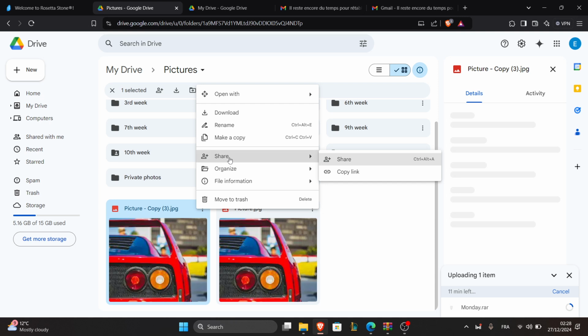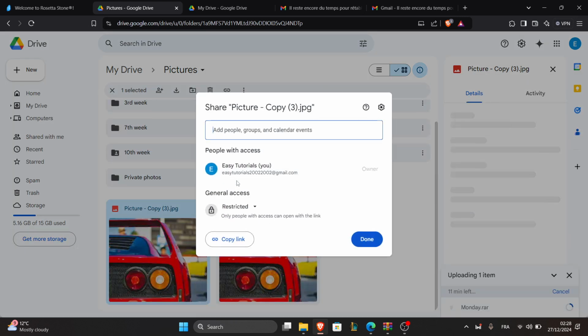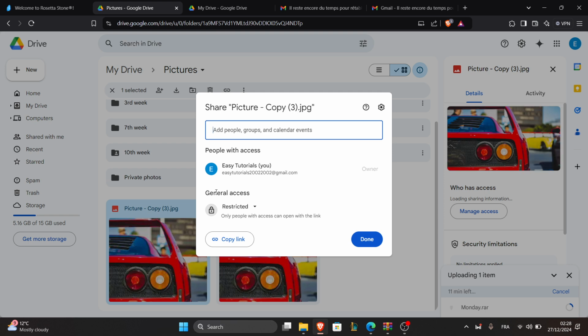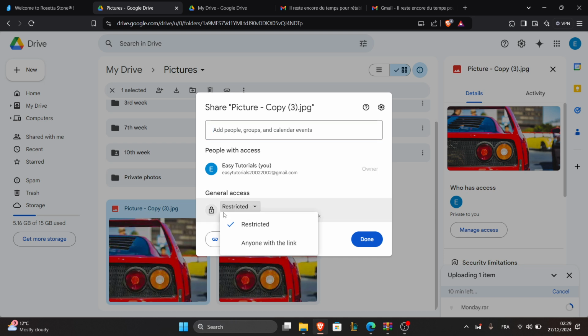and click on share. A pop-up will appear with sharing settings. Here you can modify who can view or edit the folder. By default, it might be set to anyone with the link or anyone at your organization if you're using Google Workspace. To ensure that only you can access the folder, change the settings to restricted,